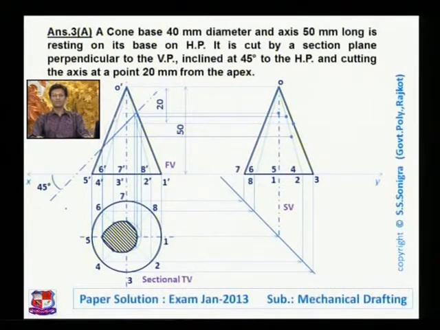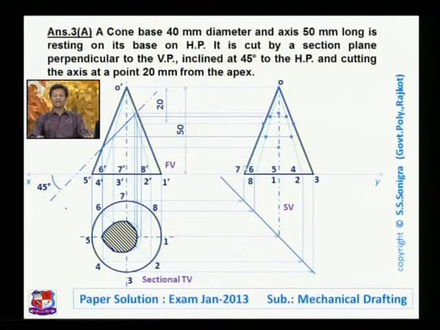This point is on O dash 4 dash. So from this point draw a horizontal line that will cut O4 at one point. This point is on O5. So from this point draw a horizontal line that will cut O dash 5 dash or O5 in side view at this point. Then this point is O6 on 6. This is 7. So here point number 7 and this is 8 over here.